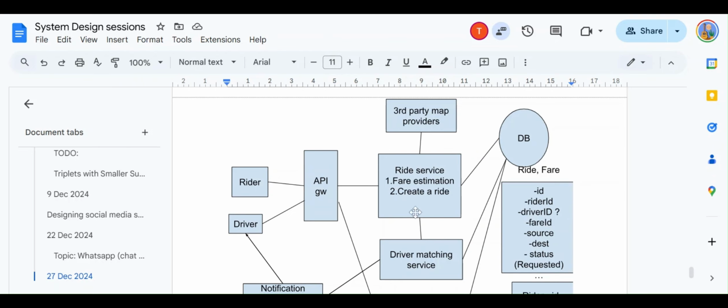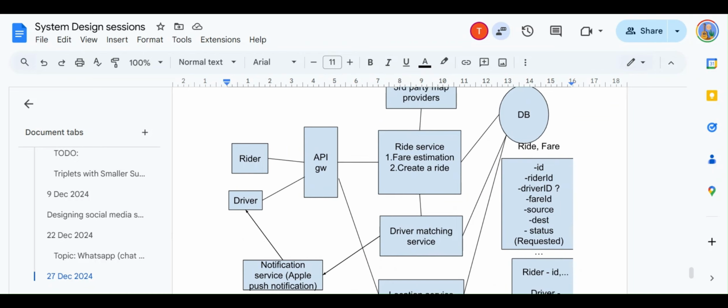Imagine 100,000 requests coming in within 5 seconds. You cannot instantiate 1,000 new replicas of the write service within 5 seconds. So the auto scalability is there, but it is not quick enough to support the burst load.